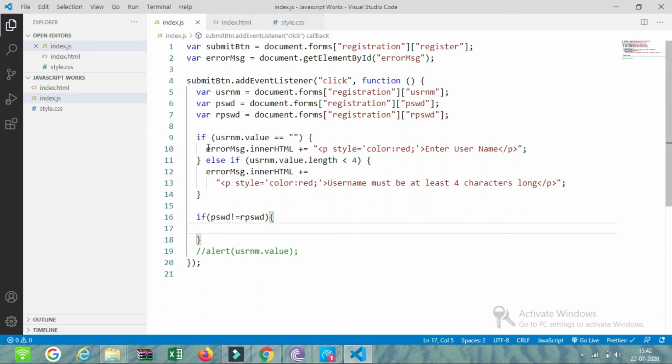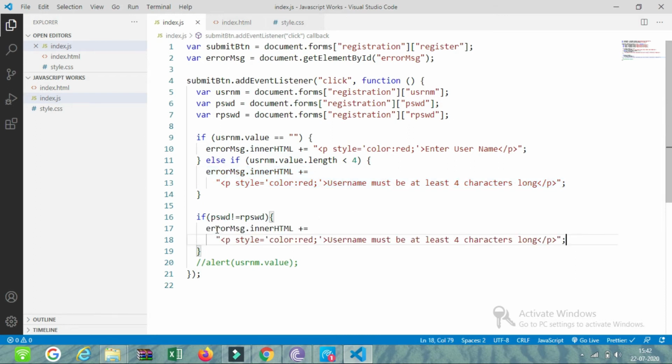I will copy this error message here and use it. We will type the error message as passwords must match. So that error message will appear.